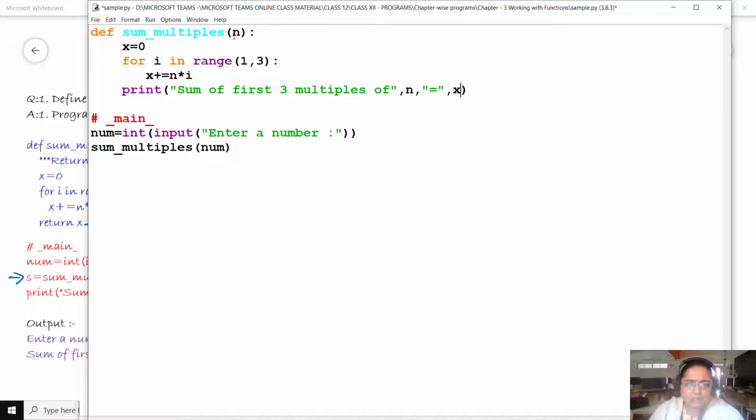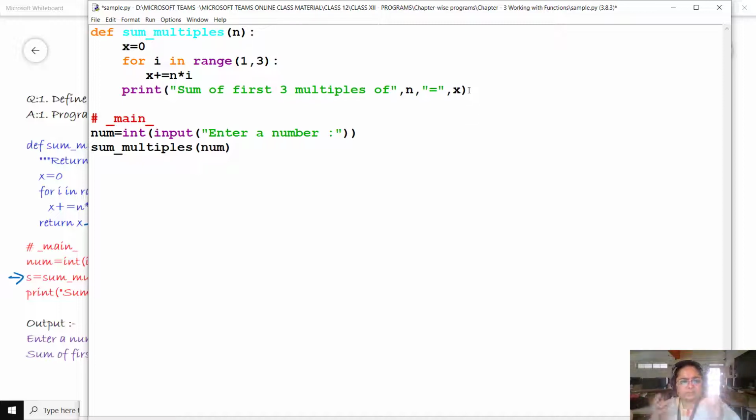Now we cannot use any of the local variables of main within this function. So we are going to make use of these: sum of first three multiples of n will be equal to x.